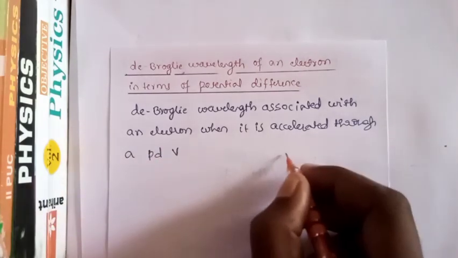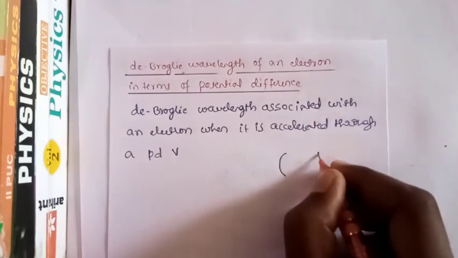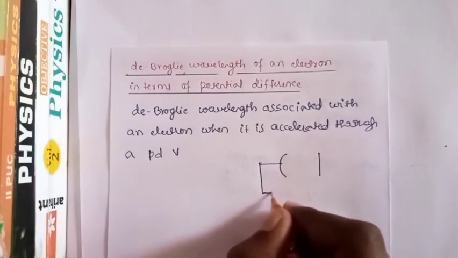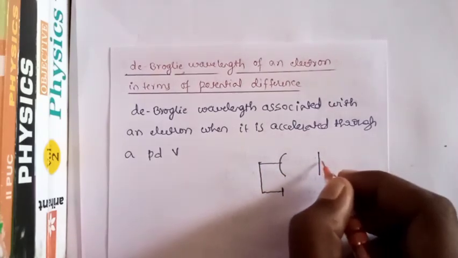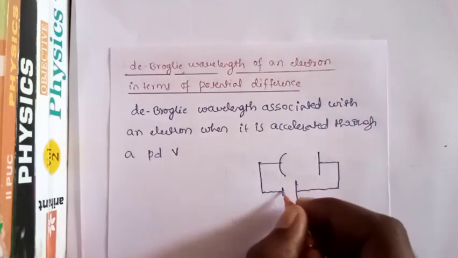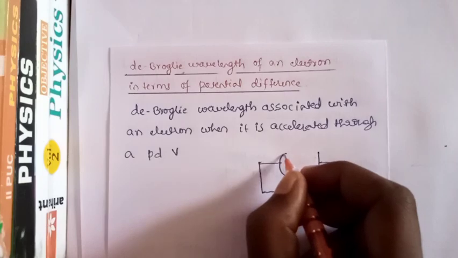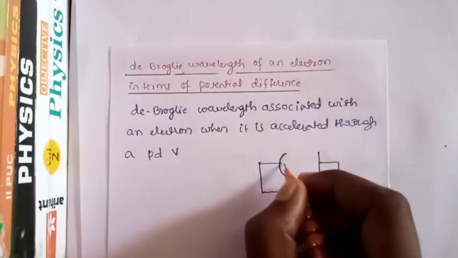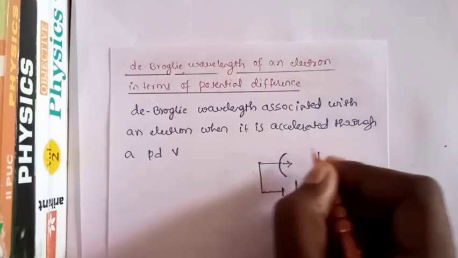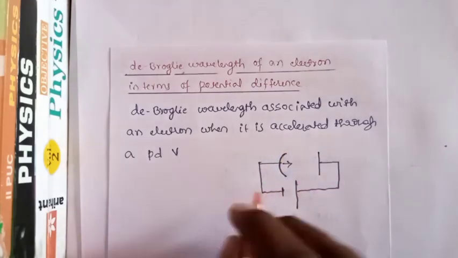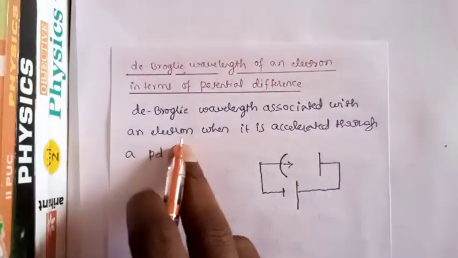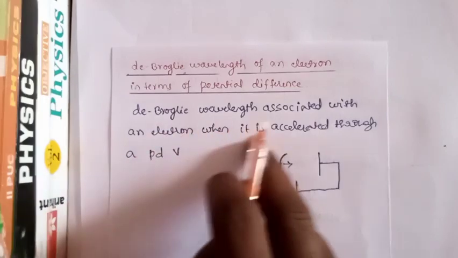See here, let us consider it is cathode and it is anode, and this cathode is connected to the negative terminal of the battery and this anode is connected to the positive terminal of the battery. Then the potential difference is applied across the cathode and anode, and this ejected electron will be accelerated towards the anode due to the potential difference between cathode and anode. Okay, so what is the expression for the de Broglie wavelength associated with an electron when it is accelerated through